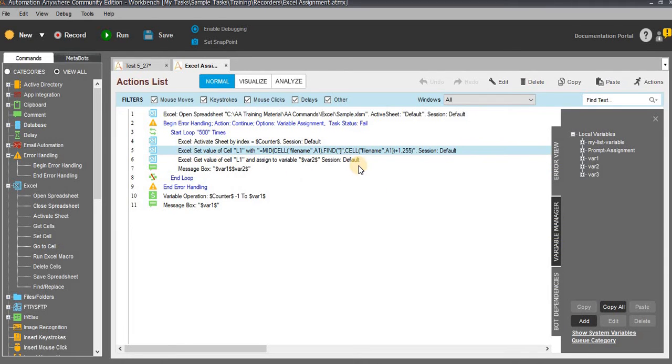So next we need to get the total number of records. For that, as I mentioned earlier, you can use any of the methods. Either you proceed with the formulas, or use the Go to cell end of the column command, or VB script, or Excel macros. Anything you can use, that's up to you.